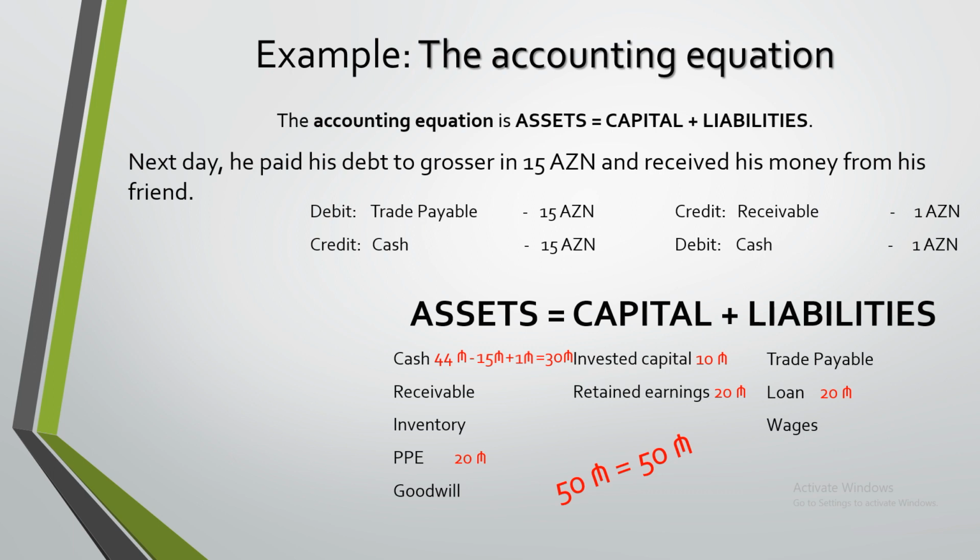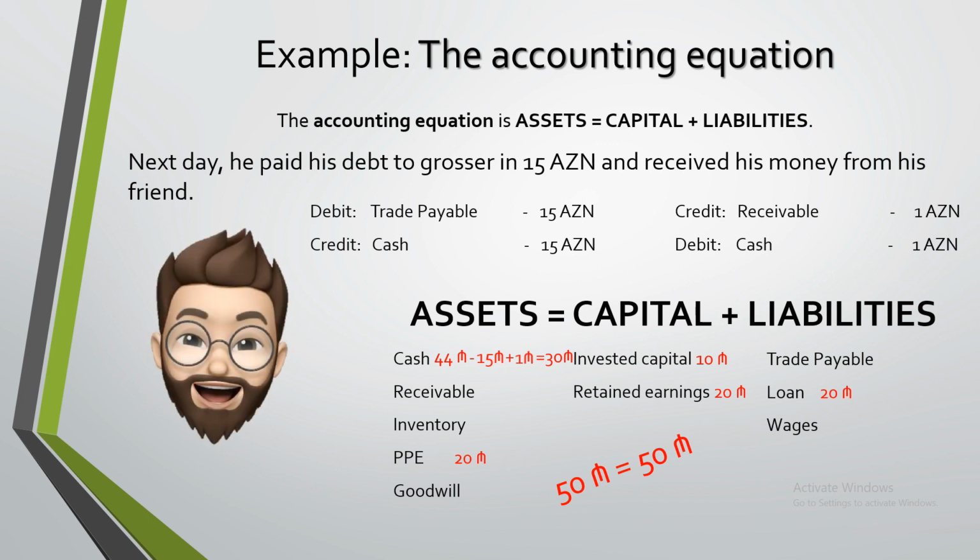Let's take a last look. What does it mean? It means that you have cash of 30 ASEAN and equipment worth 20 ASEAN on your hands. The source of these assets is 10 ASEAN invested capital, 20 ASEAN profit you made before, and 20 ASEAN loan. After all, our young man is happy for the good business,